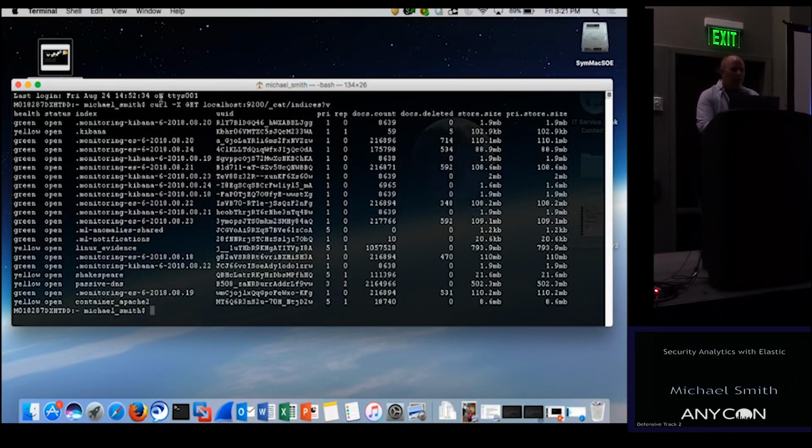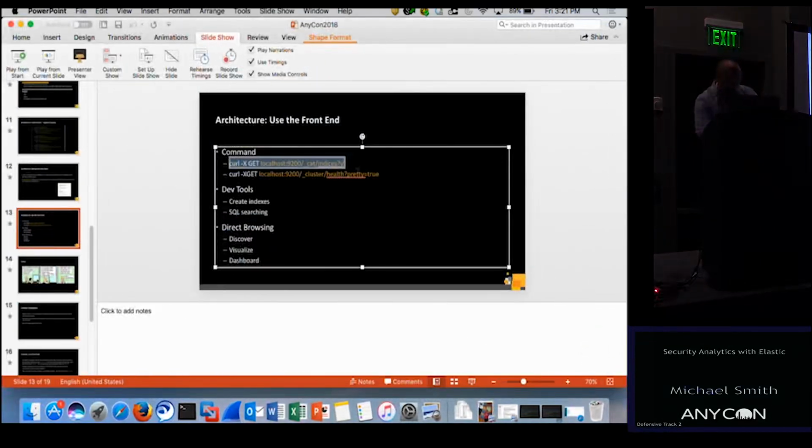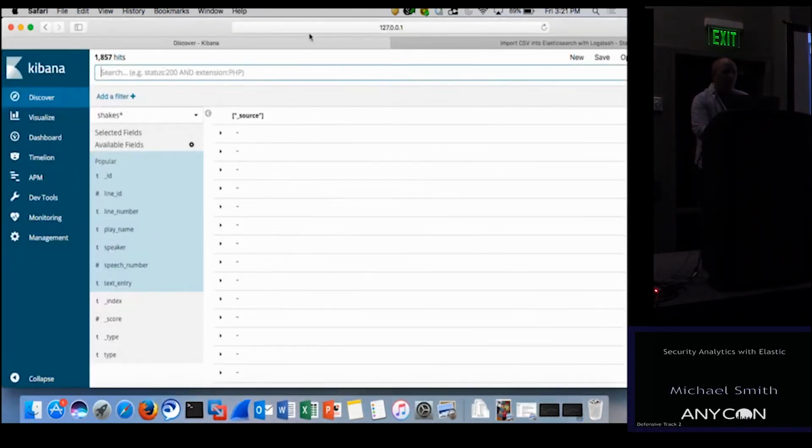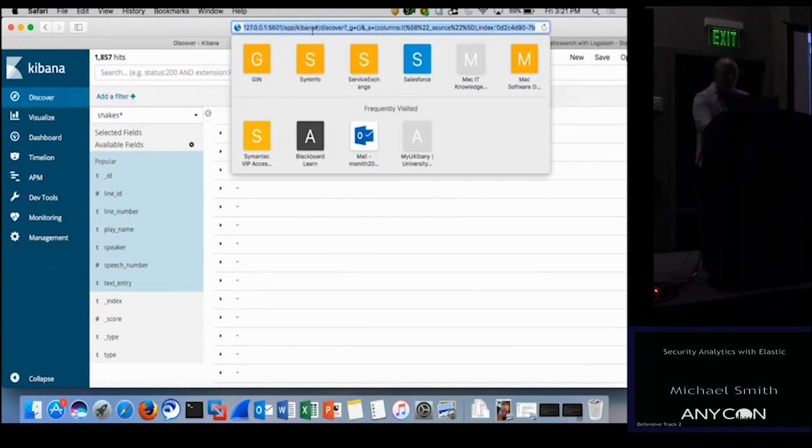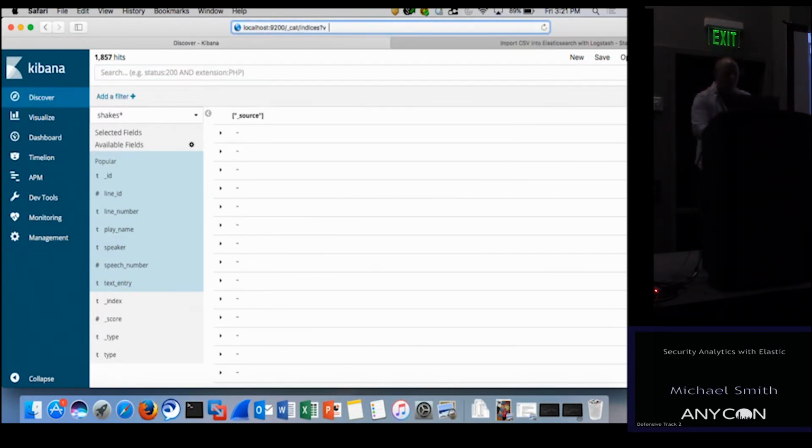Okay? So I'm just saying curl, do a get, to localhost on this port, this URI, right, this path, and then here are all of the indexes. Pretty groovy, all right? Now, I made this part orange on purpose just to show that there's more than one way to do things, all right? Maybe you need to use it in curl for whatever reason, okay? And if so, that's totally fine. But you can also